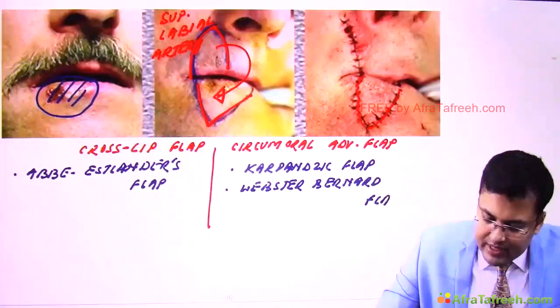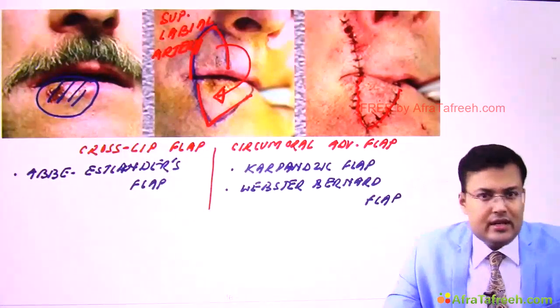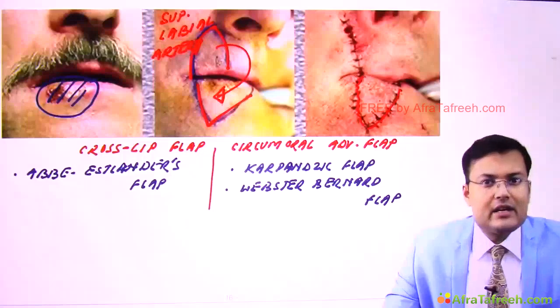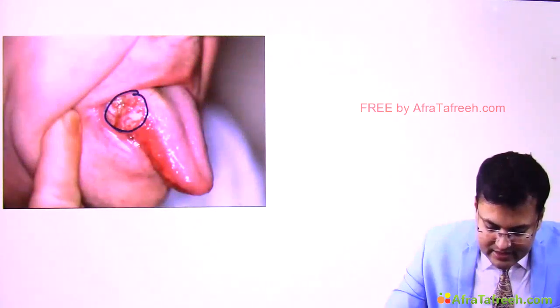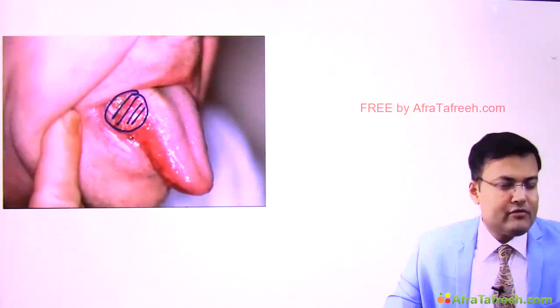Clear? So this is how we reconstruct the lip. And we discussed that if the tumor is T3 and T4, then apart from surgery we have to use radiotherapy. Now see carcinoma tongue. In this picture you can see the site of malignancy, and this is the most common site of carcinoma tongue. First, two important questions.